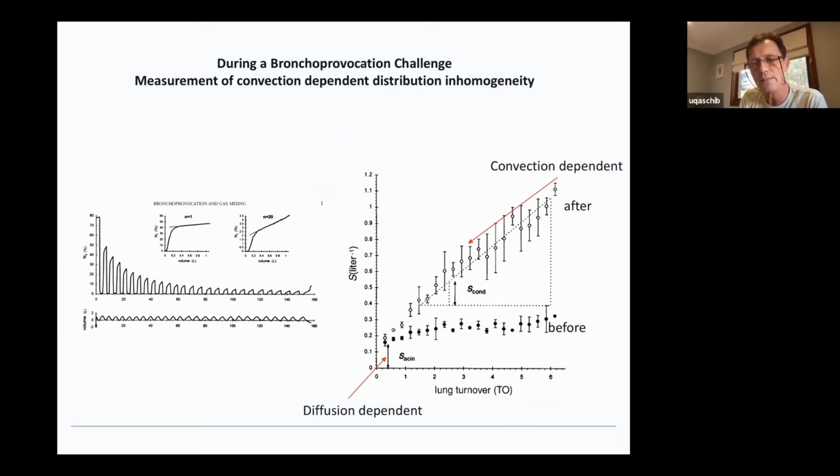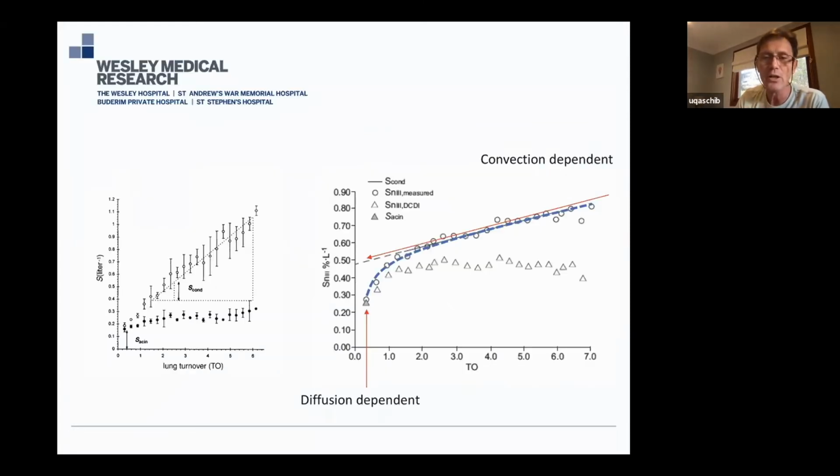Okay, you can see this patient before and after bronchoprovocation. Makes sense. A bronchoprovocation does only affect convection dependent distribution, doesn't affect acinar. So a bronchoprovocation or an asthmatic doesn't have an acinar problem, they have an airway problem. That's why the circle dot and the open dot are matching. Okay, now let's go in